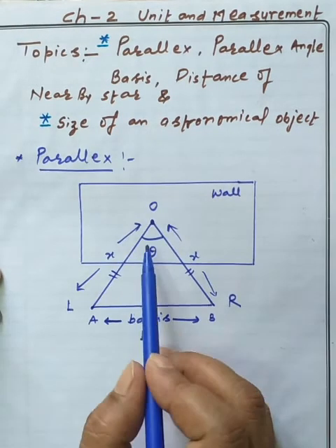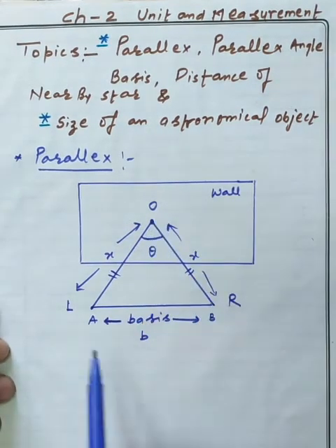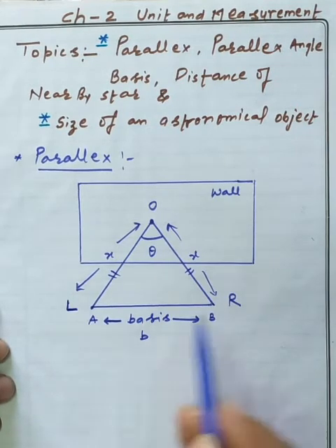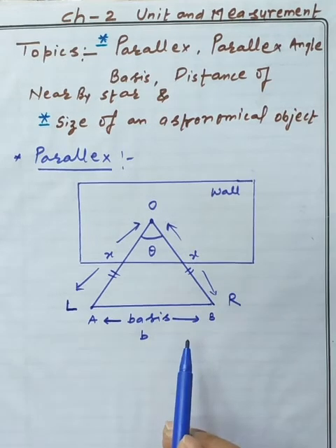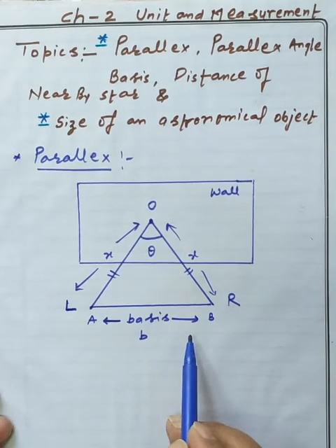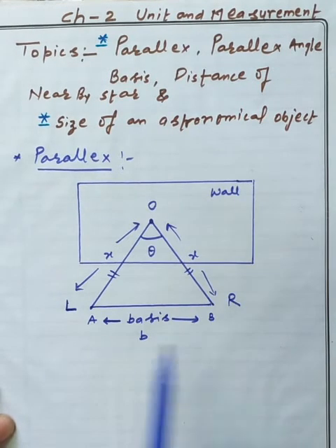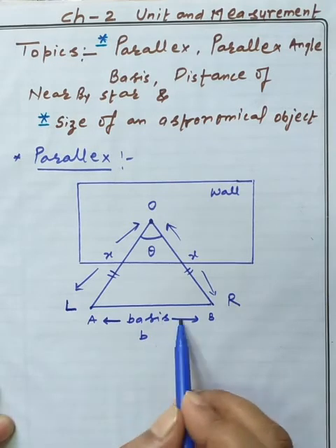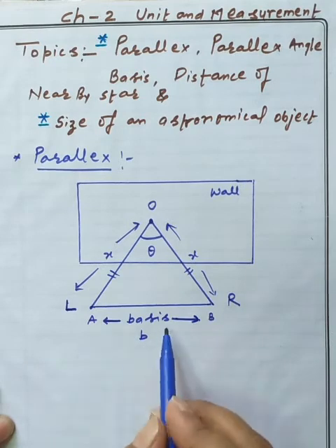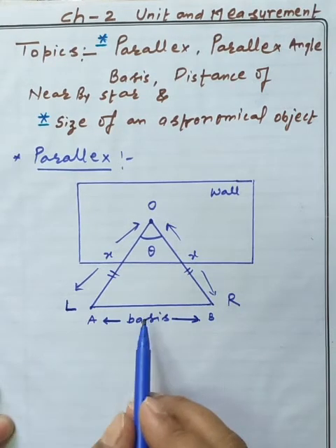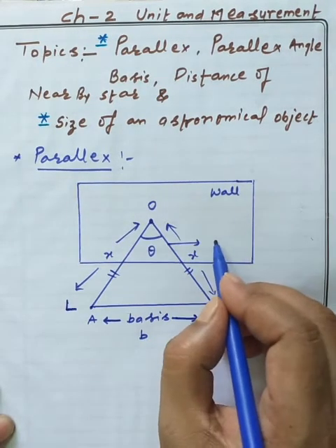This is the kind of situation in front of you, as we are watching a point O from the left side and the right side of the eye. We get a little bit of shift in position, and you can try it on your own. Take a pencil, keep your eye in front of it and see it with the left and right eye. You will see a little change in position. The distance between the two observation points is called the basis, and the angle developed during this process is called the parallax angle.